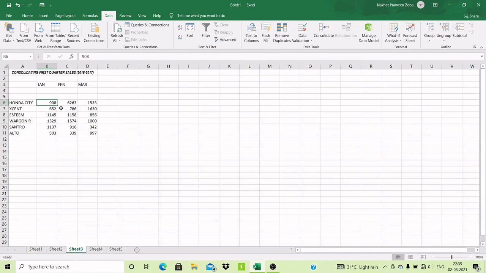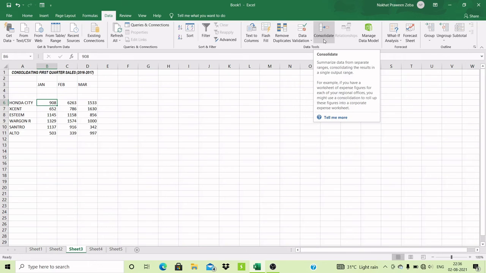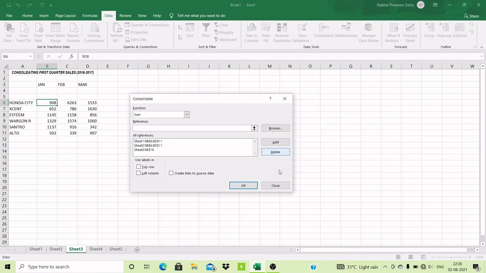Like I wanted to paste here in sheet 3, so I have placed my cursor here, and then you have to go on the Data tab, then you will get the Consolidate option in the Data Tools group. After clicking here, you will get this kind of dialog box. If Sum is not selected here, then you have to select Sum, if you want to sum, right? If you want to count, then you will click on Count. If you want to average, then you will click on Average. This is all up to you.